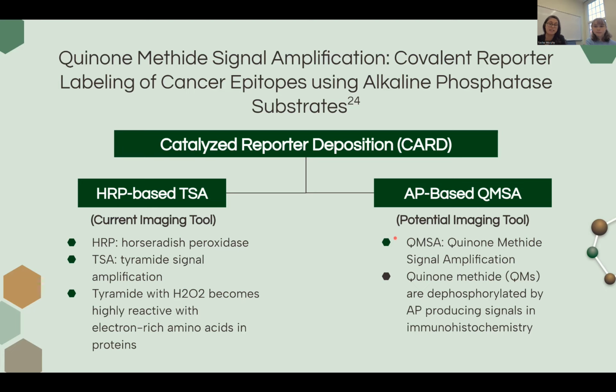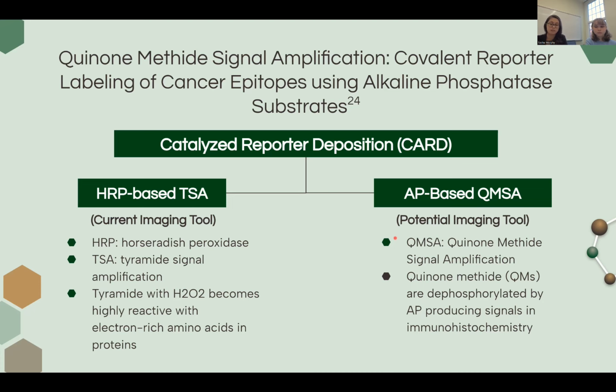So that's why this study looks at another potential imaging tool known as AP-based QMSA, AP meaning alkaline phosphatase, and then QMSA meaning quinone methide signal amplification. And it uses QMs, which are quinone methides that are dephosphorylated by the AP, producing a reporter that is able to quantify again